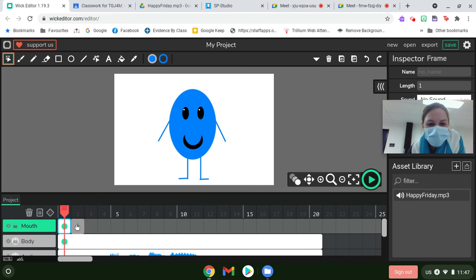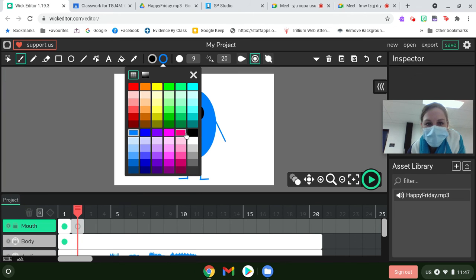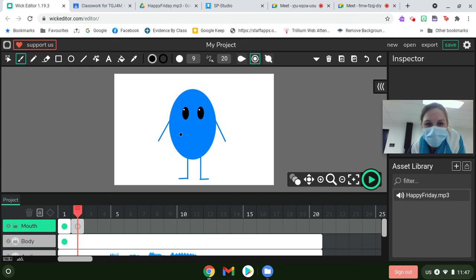Or the other way is to just draw it. So I can create a new keyframe and use my brush tool and select the black color and then just draw on my mouth like that. Okay, so do a variety of different faces